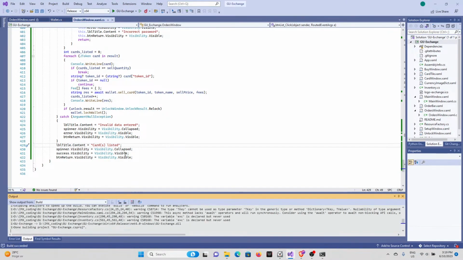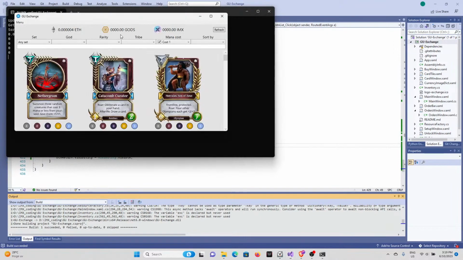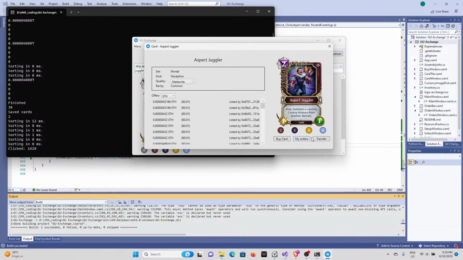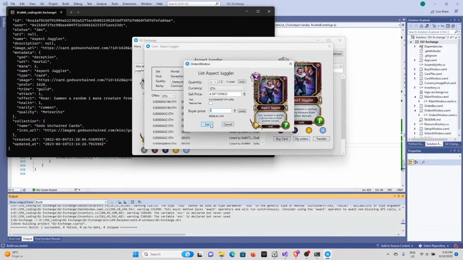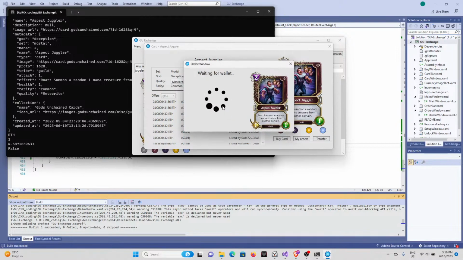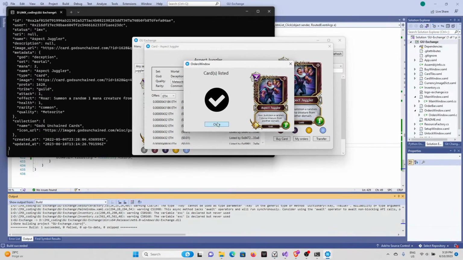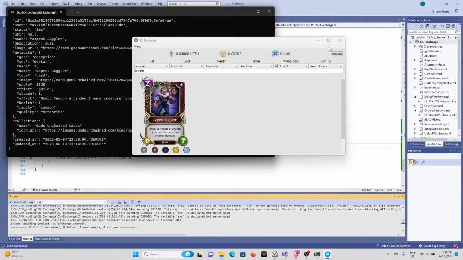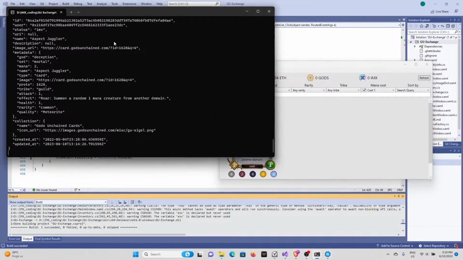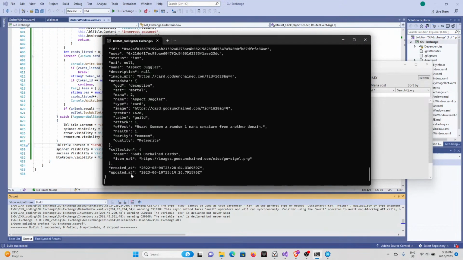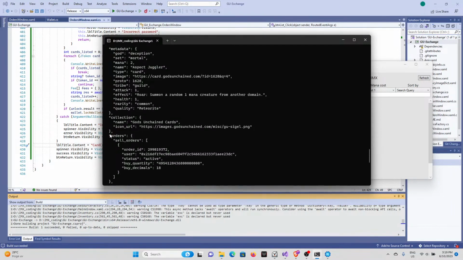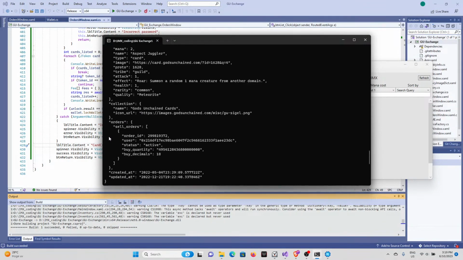Wait, no, I didn't check if it actually did what I wanted it to. Got distracted a little bit there. Yeah, no, of course I did actually see it earlier as well. Okay, but that part works. So now what we should be doing is making sure that when it is already on sale, when it has an order,